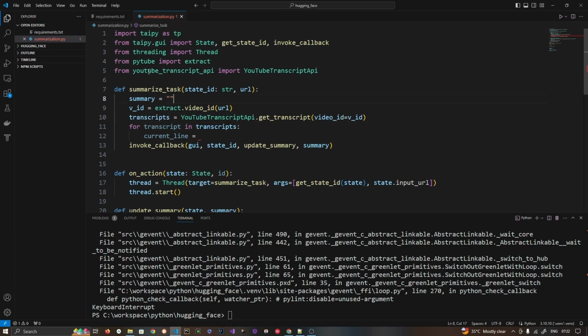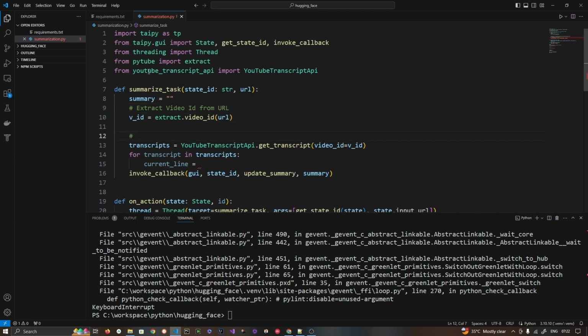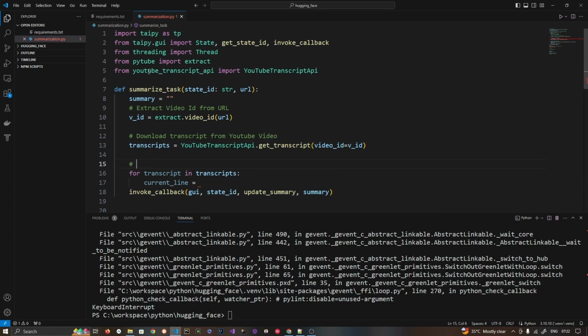So let me add a comment. So first, extract video ID from URL. The next step we did is download. We need this video ID for this next step, where we download the transcript from the YouTube video. The next part is to improvise the data. Okay, improvise data, and here current line equal to